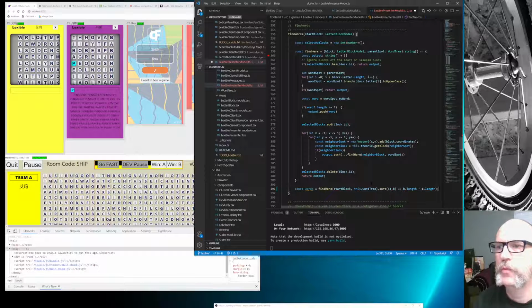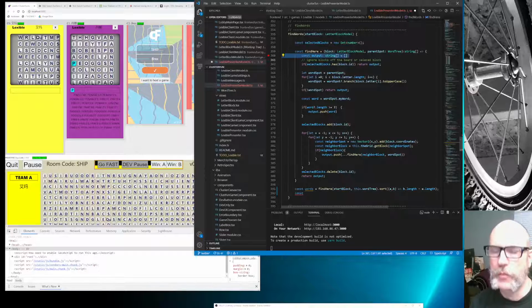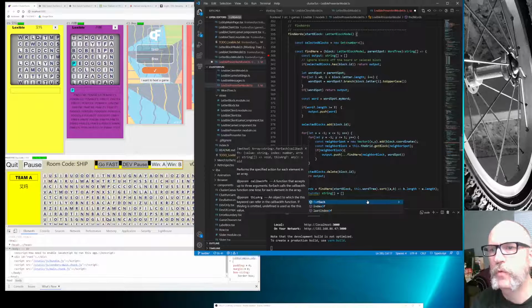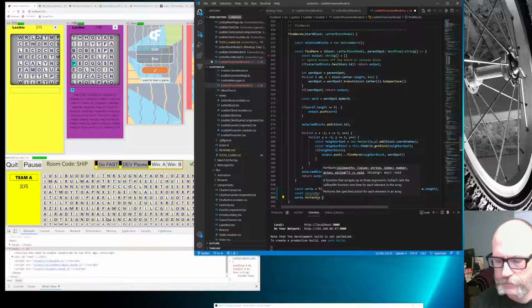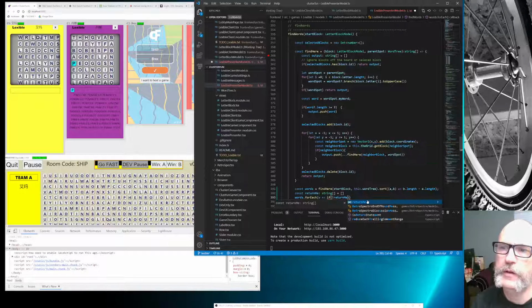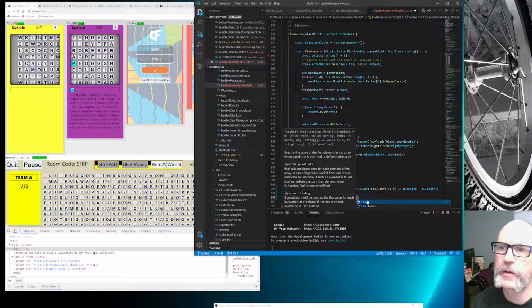So that's going to be a bunch of words with duplicates. Then we're going to have const same out. We'll have an output here as well. We'll call this return me. And then we're going to say words dot for each word, if not return me dot find